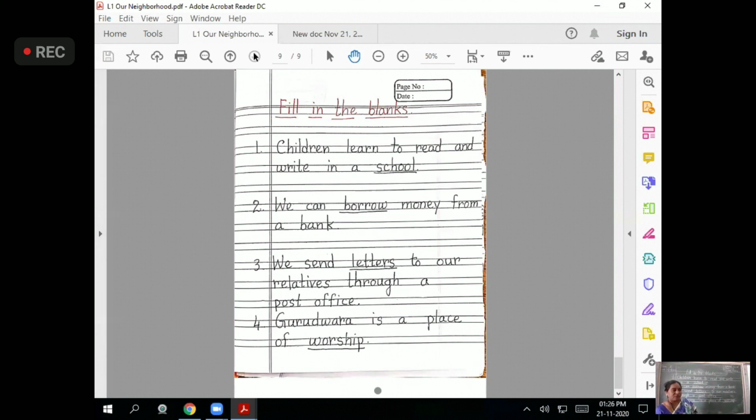Yes. So with this, we have completed lesson our neighborhood. Okay. Next class, we will be continuing with other new lessons. Next lesson, you have festival. Next class, we will be doing that one. Now, next week, what do you have, children? Next week, you are having online exam. As per already, syllabus for all the subjects is being displayed, timetable as well as syllabus.